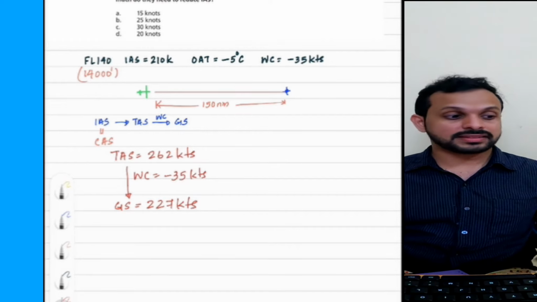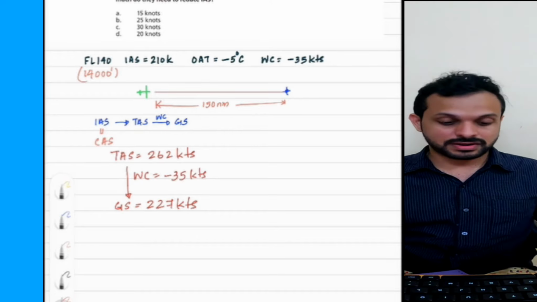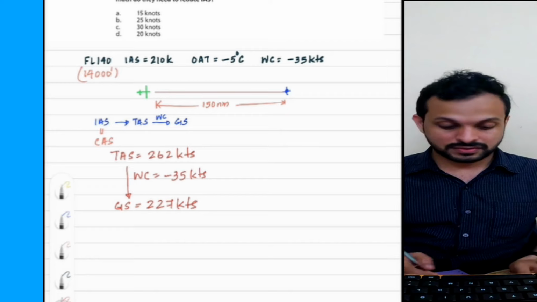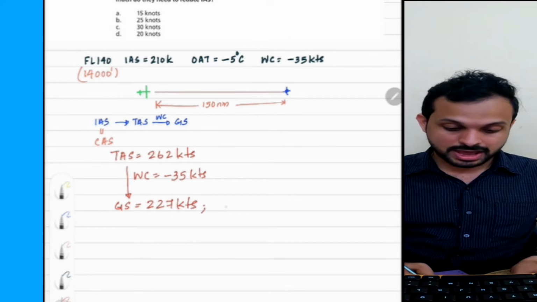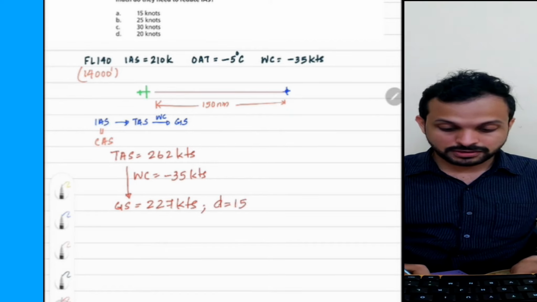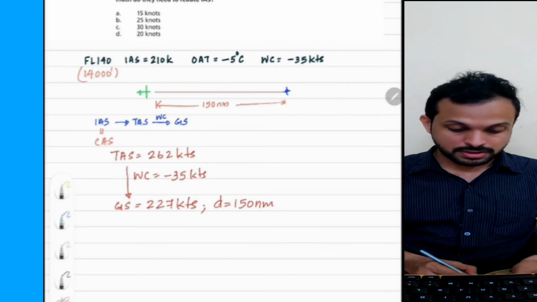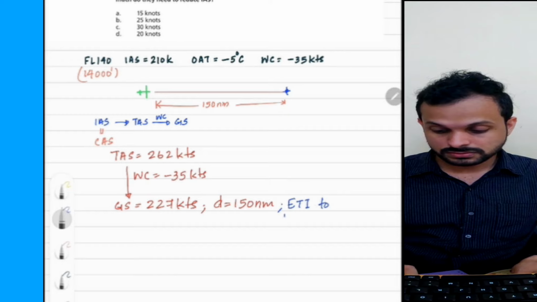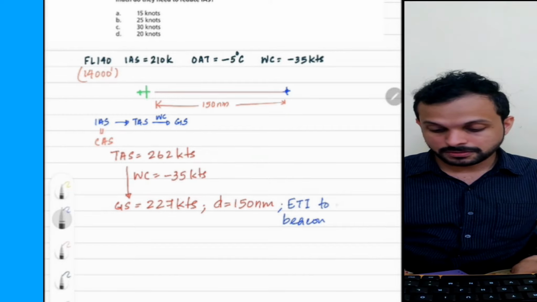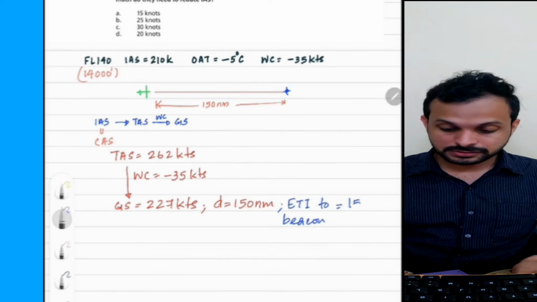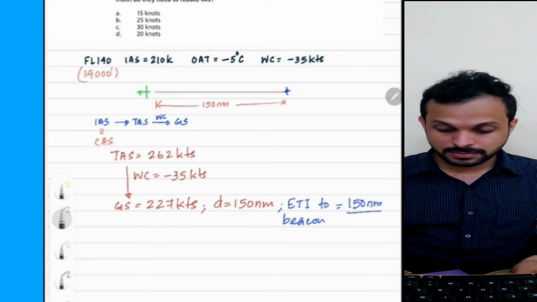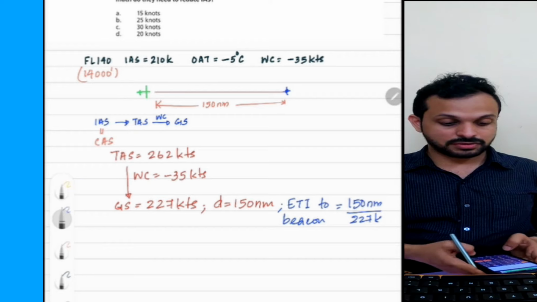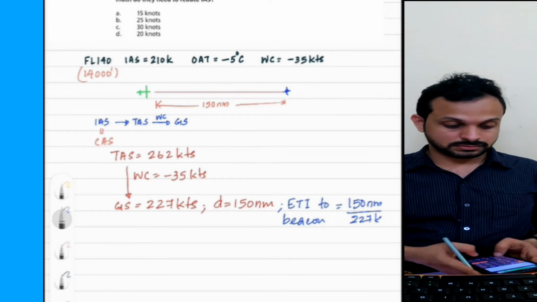You can find the time, and that time is the estimated time interval from the current location of the aircraft to the beacon with the ground speed of 227 knots. So with this ground speed, and the distance as 150 nautical miles to the beacon, we can find out the estimated time interval to the beacon. That's going to be distance, which is 150 nautical miles, divided by speed, which is 227 knots. Obviously you're going to get the answer in minutes, and that is